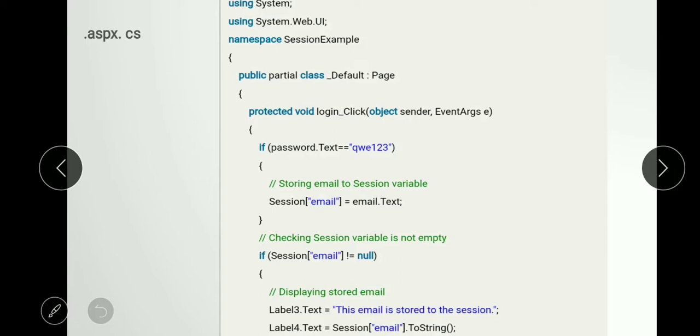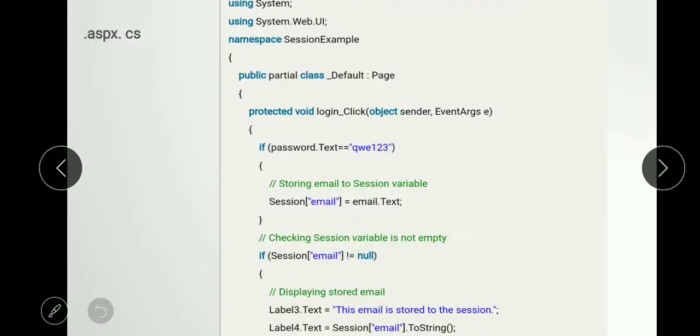First step, we have to store the value into the session.